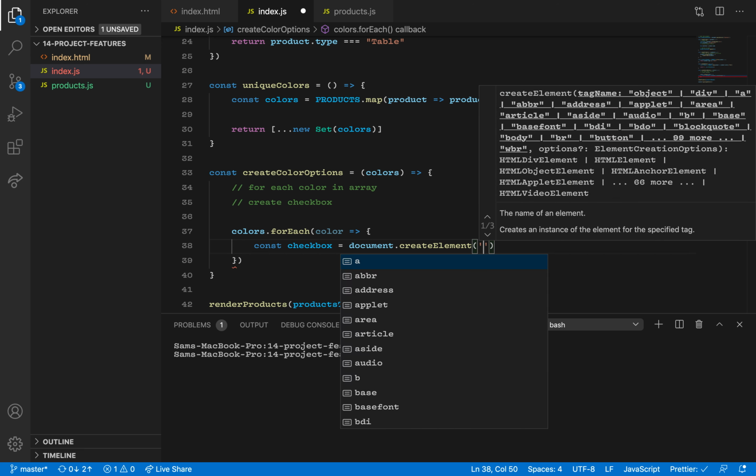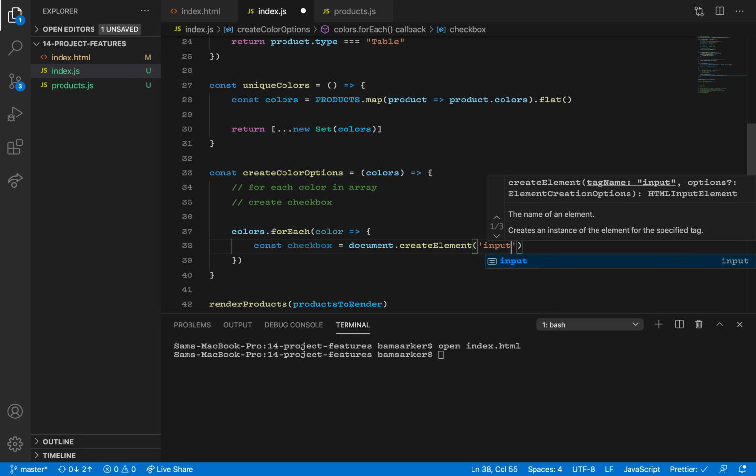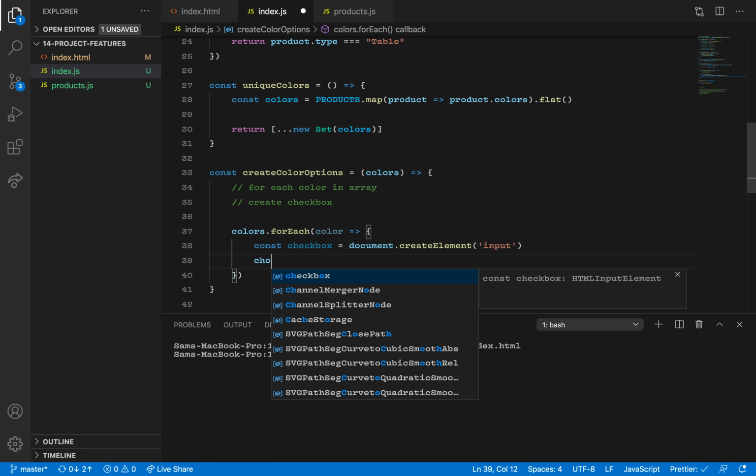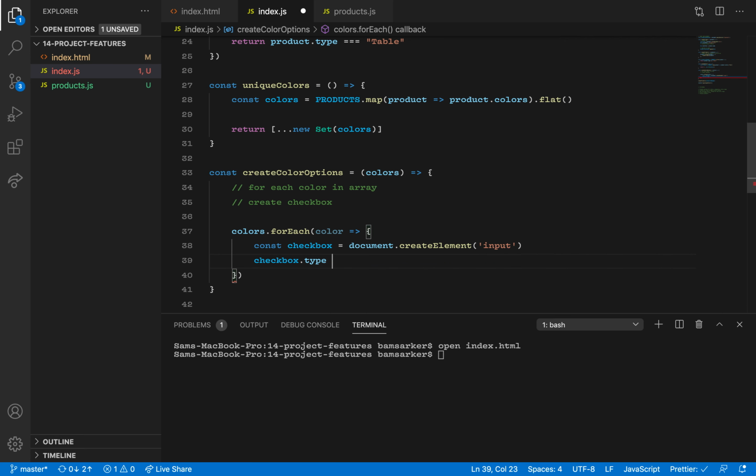So createElement input. Is that right? No, I think that's what we need to do. And then checkbox.type is checkbox. Checkbox.value equals color. Checkbox.name equals color again,